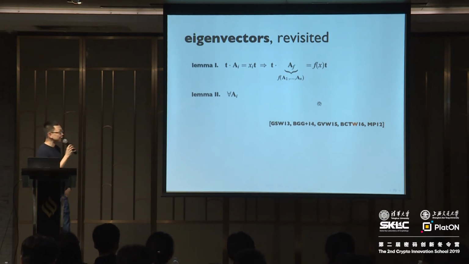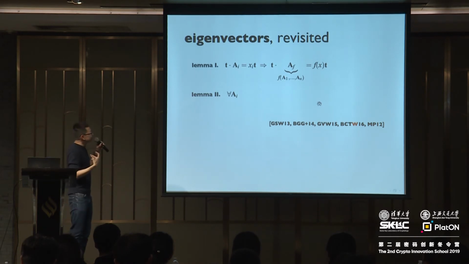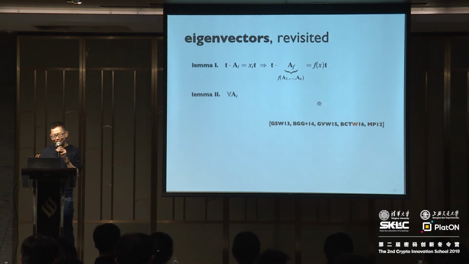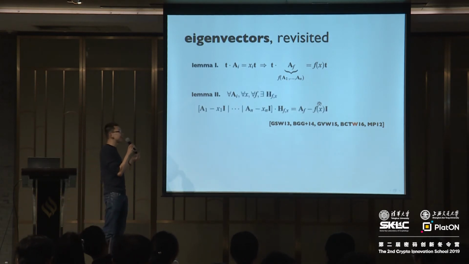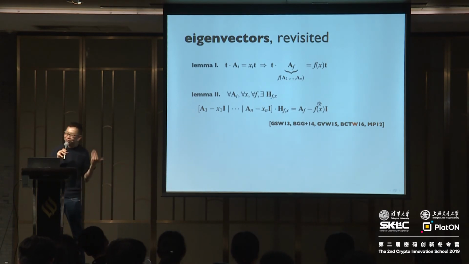And here's the strengthening of this lemma that we're going to come up with. I'm going to tell you what the statement is, and then we'll verify that it is indeed a generalization of lemma 1, and then we'll see how you prove this lemma 2. The statement of lemma 2 is going to look a bit complicated, so you just have to stare at it for a moment, and then we'll go over it a little bit slowly. Roughly speaking, I'm going to claim that this is in some sense the correct generalization of lemma 1. That for all A, for all x's, there is some f with certain properties.